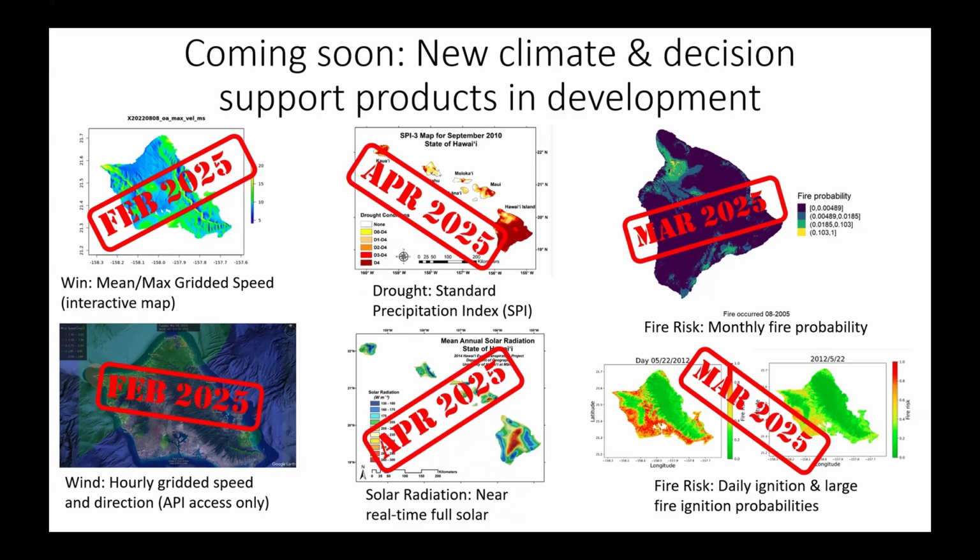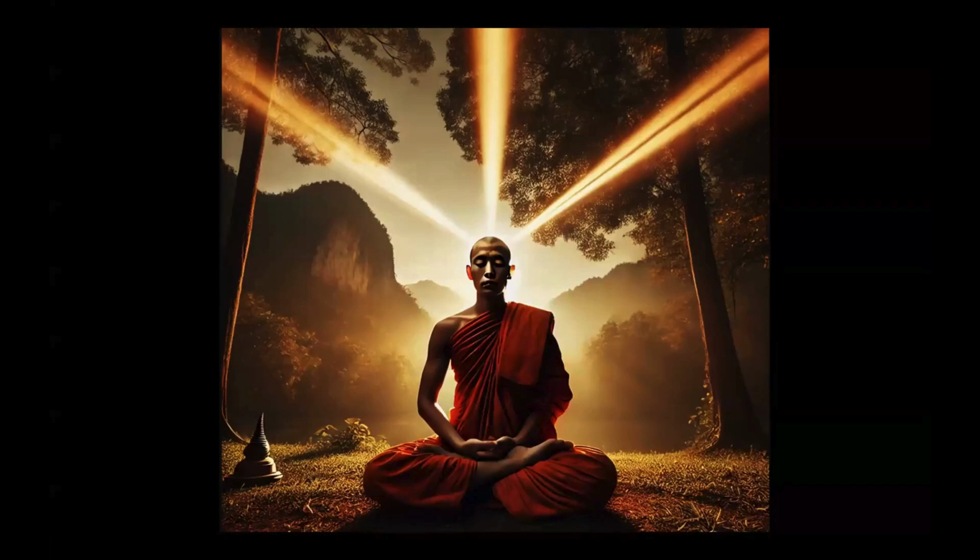We're hoping to maybe have that out sometime in April 2025. And we also have solar radiation. So we're going to have a real-time solar radiation product, and that should also hopefully be happening in April of this year. So now that I've shown you the data and what's happening, I just want to introduce